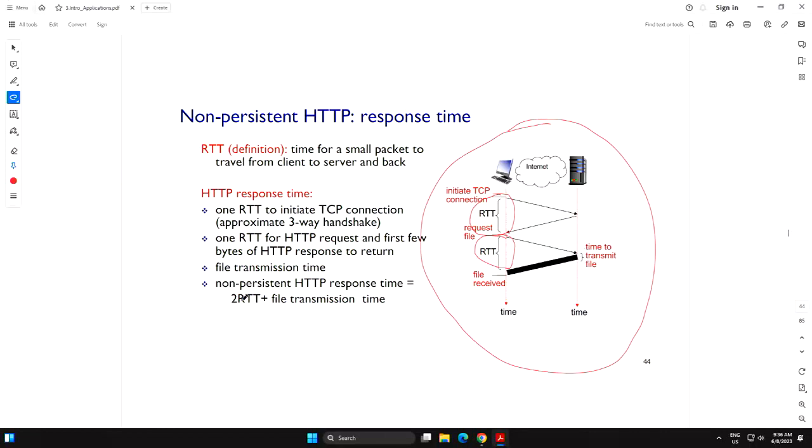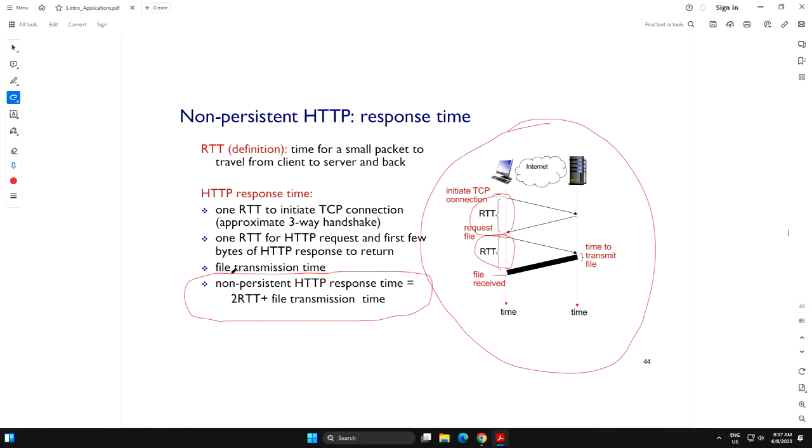So I'm quickly coming to this formula. I don't want you to memorize this formula, but I want you to understand how we derive it. It's up to you.